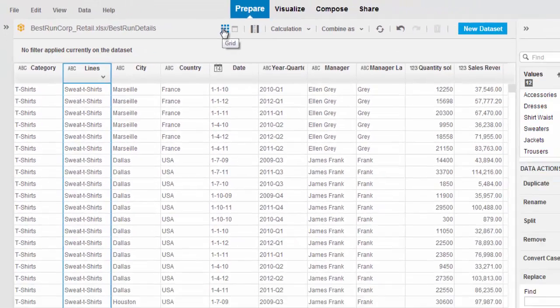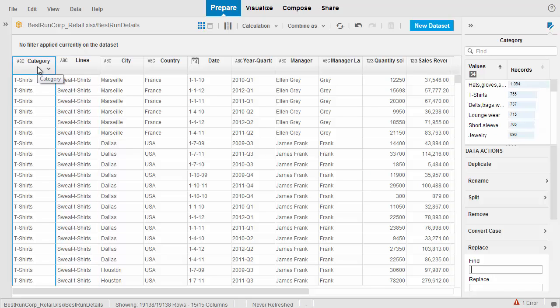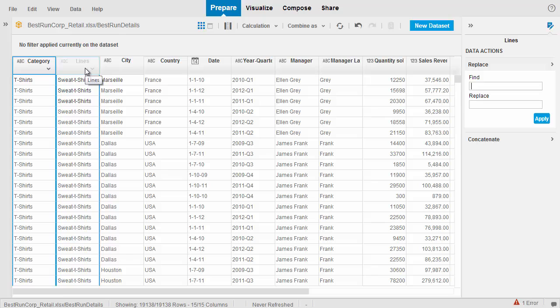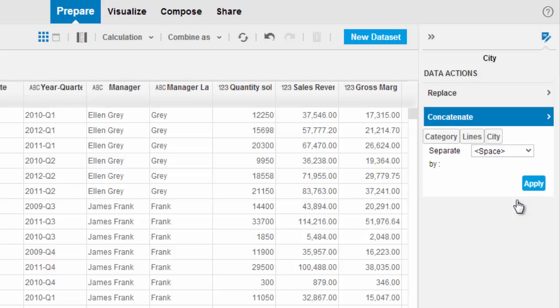Let's perform another operation which shows how I can combine two existing columns to create another column. So let's go to the category dimension and do a control and then click on the lines dimension, and by doing a multiple select like that, Lumira instantly knows that I might want to do some joint operations on those selected columns. And on the right hand side we can go to concatenate, click on that to expand,